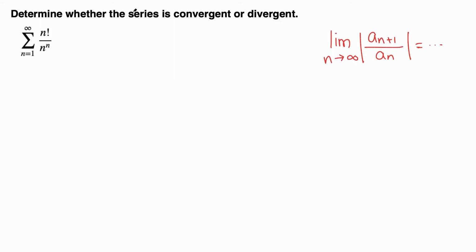Determine whether the series is convergent or divergent. So we have a series n factorial over n raised to n. There is a factorial sign. That gives us the hint to make use of the ratio test,